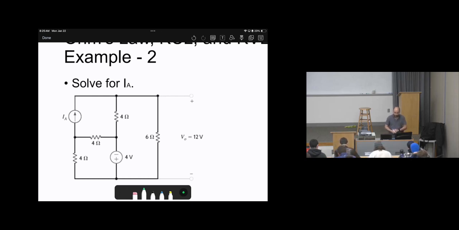Now, in this situation, we need to assume current directions and voltage polarities. So let's assume we start with IA. We need to calculate IA. That's what the question says. So the current will go out. This is IA. IA will be split at this node, so I'm going to call this one I1 and this one IO. So here is IO. Then I1 can be split at this node